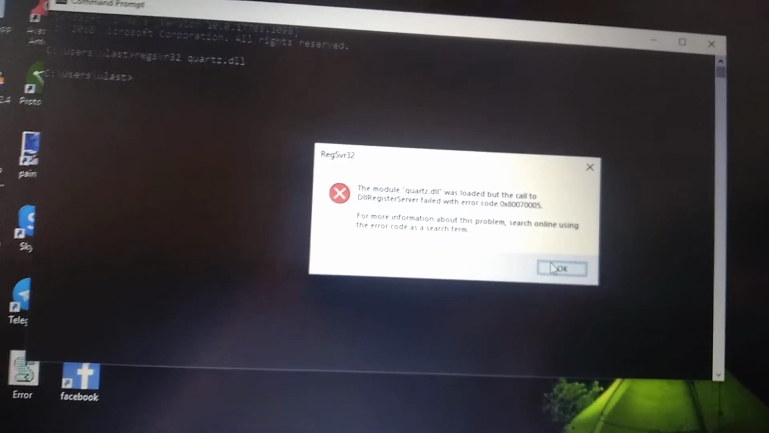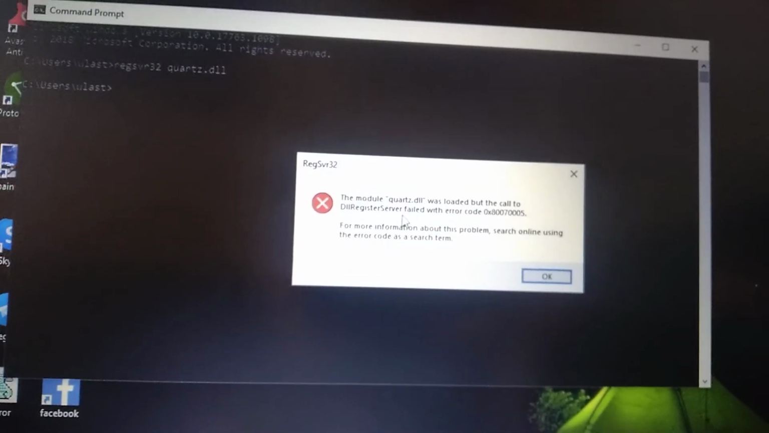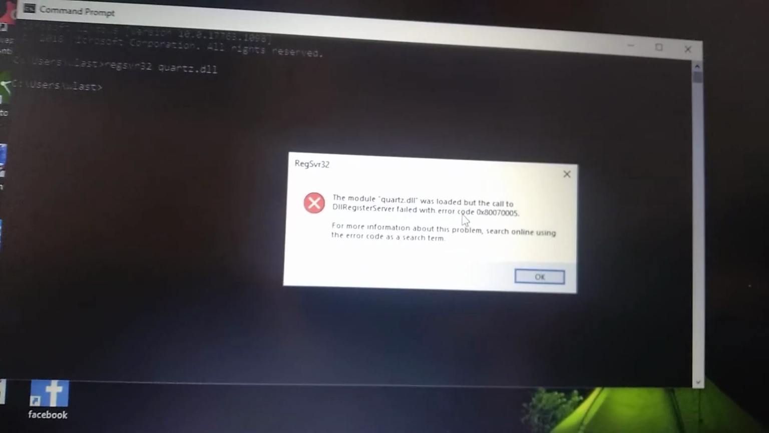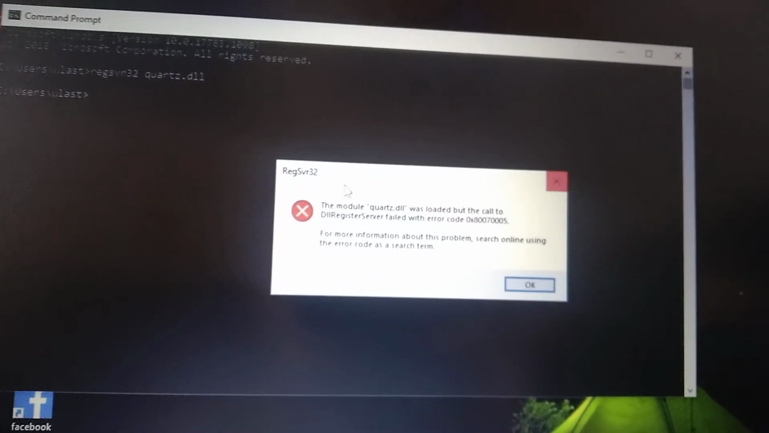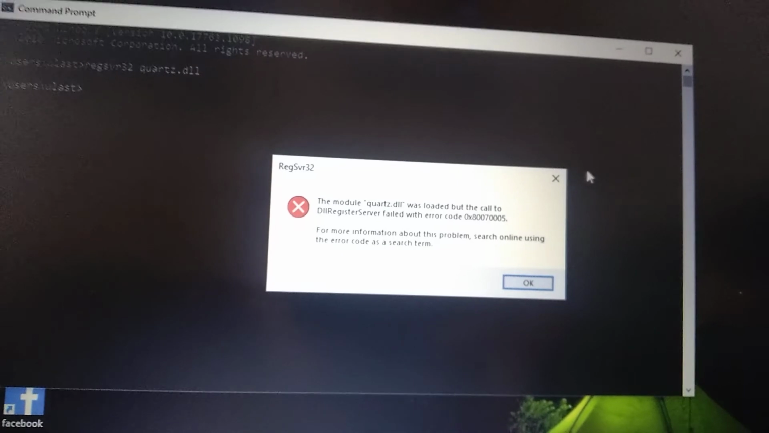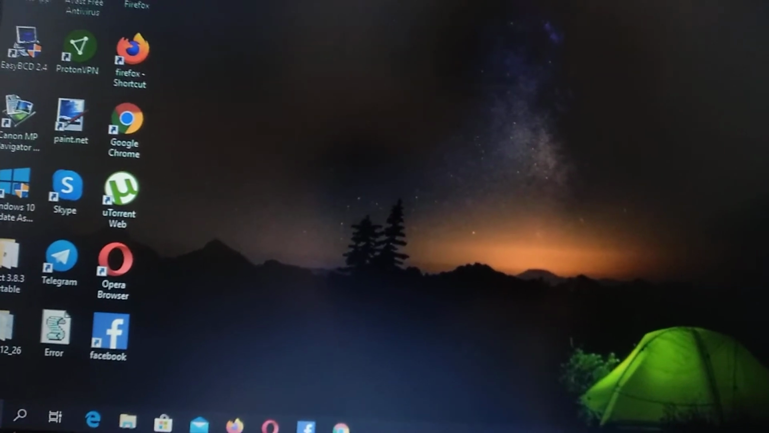So I hope that it will help you, but you can see that in my version it doesn't help me, so I also have this error again, but sometimes it can help you. So just close it, and another thing you can try is just to go to search tab